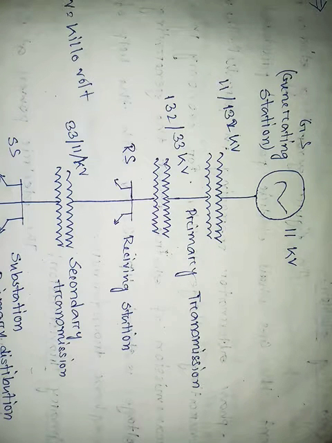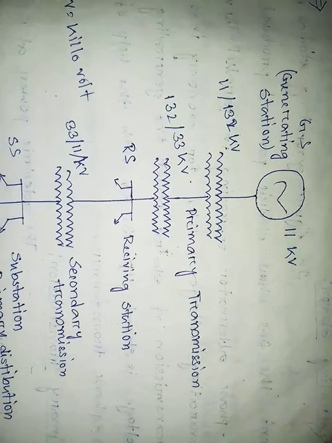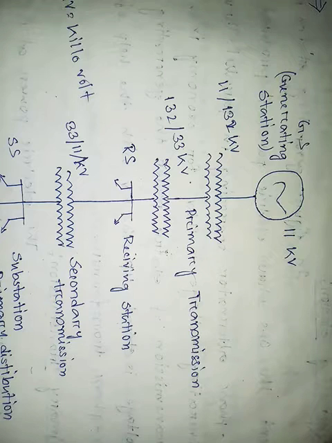That is, it is stepped up using a three-phase transformer at the generating station. In that part, first of all, you see 11/132 kV. 11/132 kV shows that our generating voltage